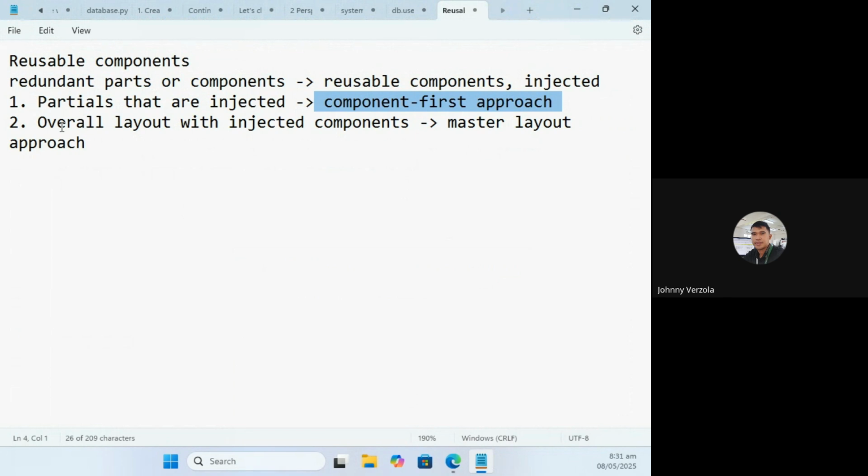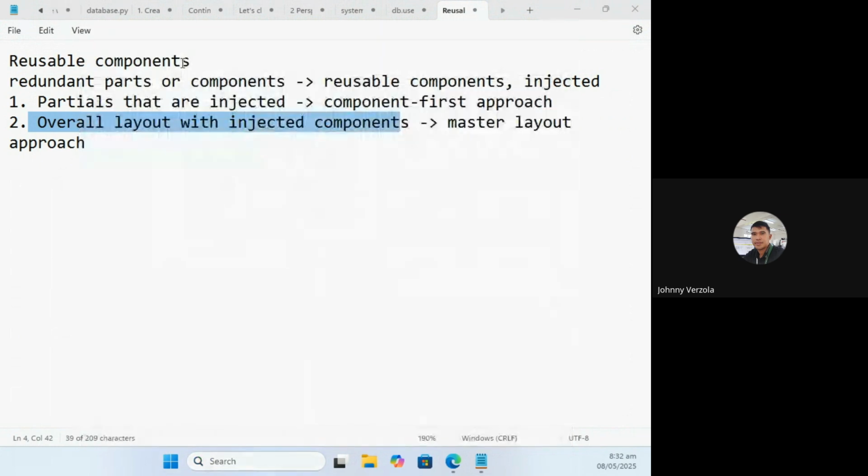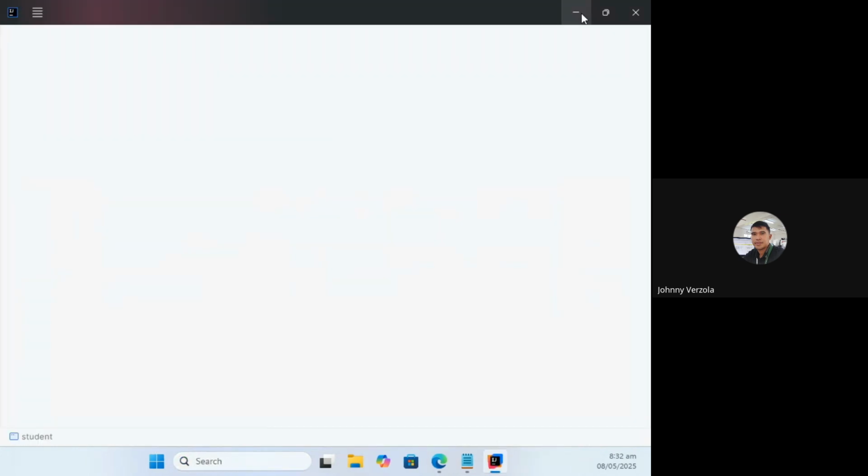The second one is you work on the overall layout first, and then for pages in the application, you just have to use that layout and place the dynamic content. We're going to do that right now in our current project. You can follow this setup in your coffee ordering program.